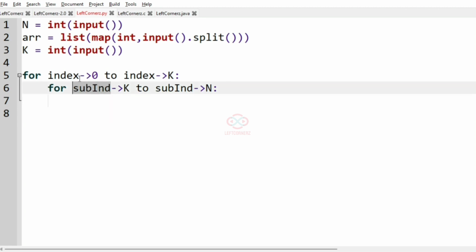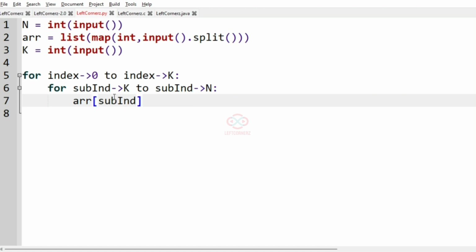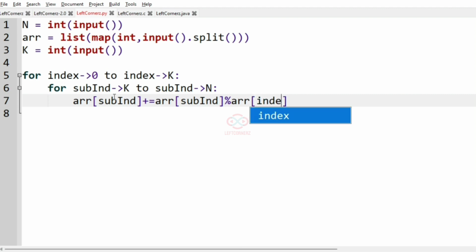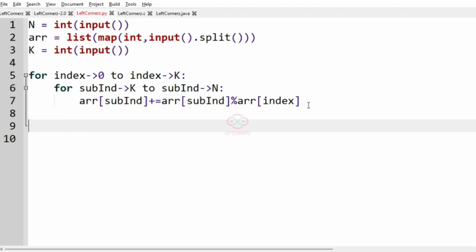So now we are going to divide the subindex and the index and get the remainder and add it to the subindex. So array of subindex will be equal to the division of array of subindex and index, which will give the remainder, and that remainder will be added to the subindex. And after that, finally we will print the array elements as the